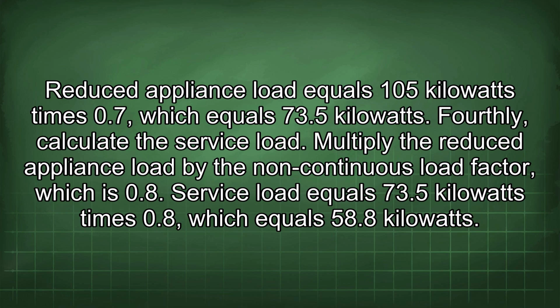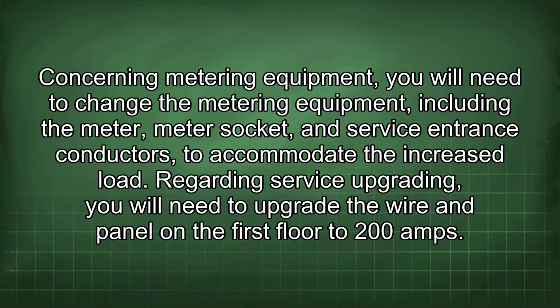Fourthly, calculate the service load. Multiply the reduced appliance load by the non-continuous load factor, which is 0.8. Service load equals 73.5 kilowatts times 0.8, which equals 58.8 kilowatts. Concerning metering equipment, you will need to change the metering equipment, including the meter socket, and service entrance conductors to accommodate the increased load. Regarding service upgrading, you will need to upgrade the wire and panel on the first floor